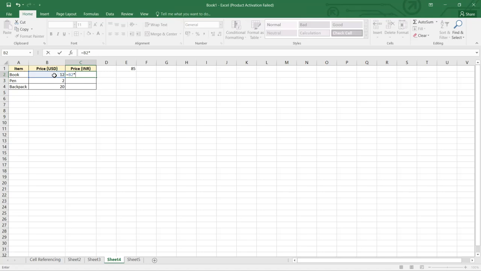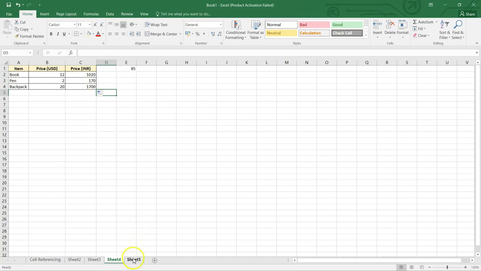And now I want my absolute cell referencing, which is why I'll use my dollar sign and E1. Since it is E1, I'll start with E, dollar sign, and 1. Okay, simple. Now we have the value in INR as well. Similarly, when I just drag it down, I can see that each of these values changed, right?